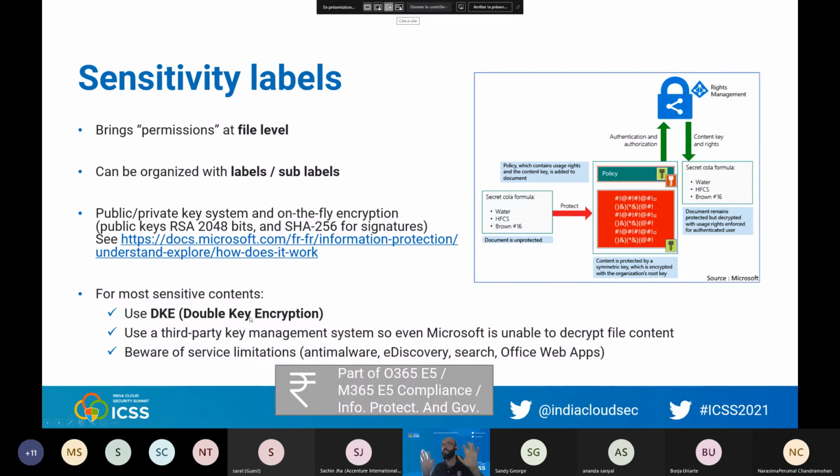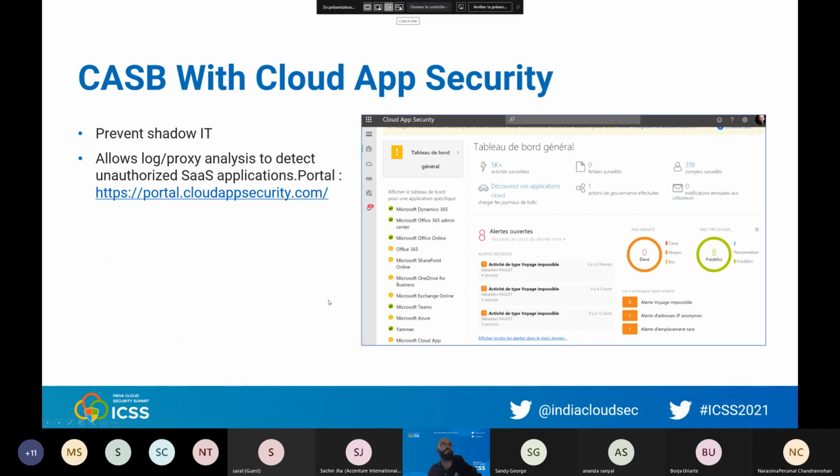And if you have such a system, in fact, you have double keys. One key is managed by Microsoft, and the other key is managed by the third-party system, which means that Microsoft is totally unable to decrypt your document. Okay, so we have a very, very strong mechanism to secure your document. I won't talk about CASB, I don't have time to do so.